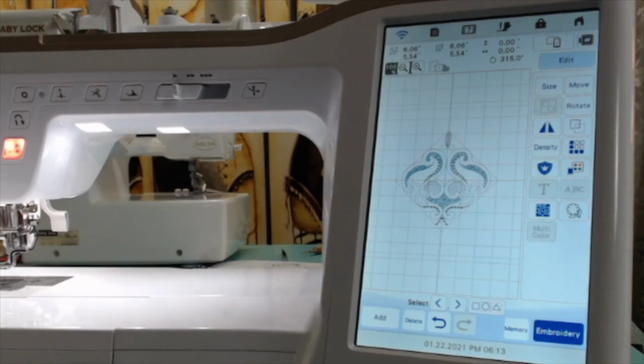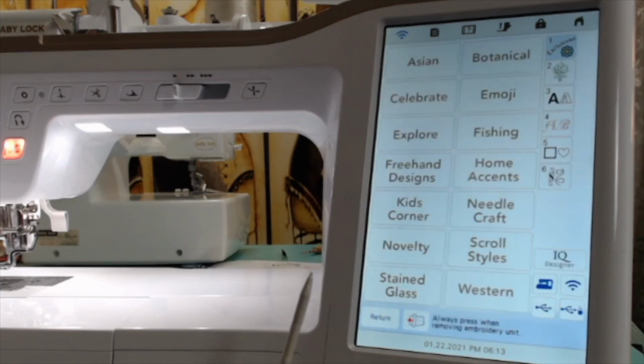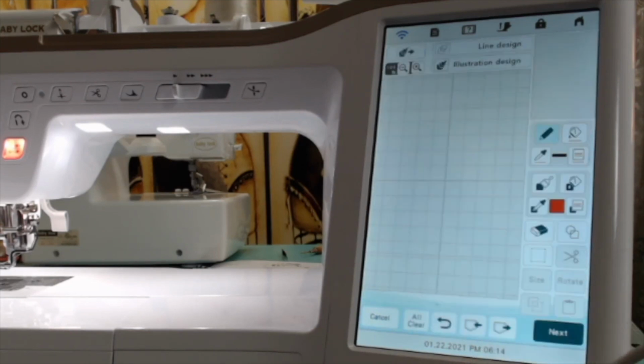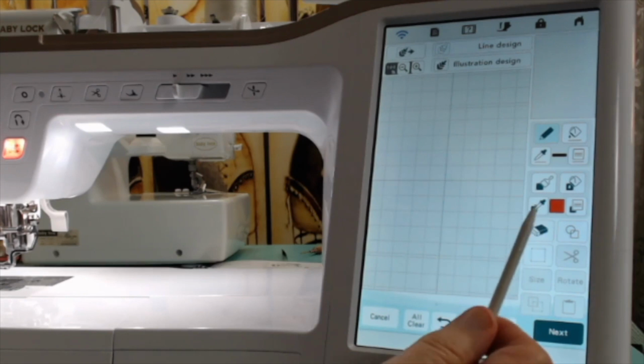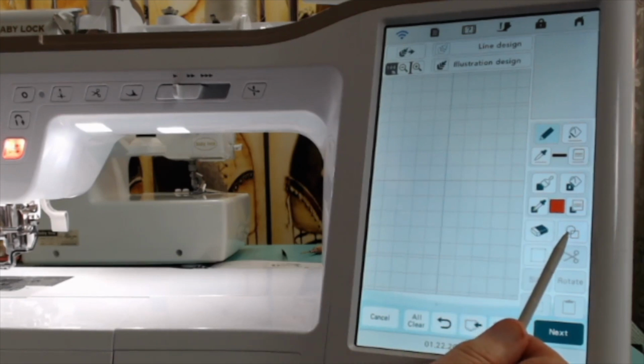Now we're all set. Now we're going to select Add because we're going to add some IQ quilting to it. Okay, there's the Add button. Now we're here, we're going to just select IQ Designer and we're in IQ Designer. So the next important step, and this has to be done in order, we're going to select the stamp and pattern,